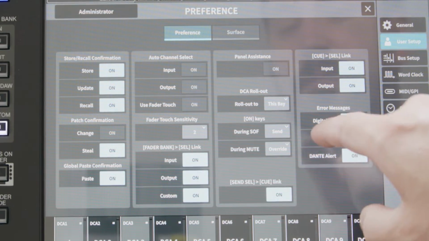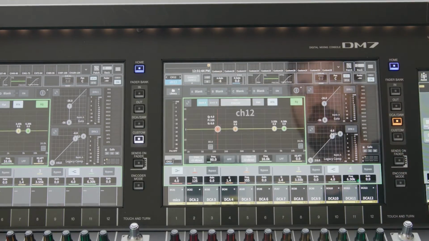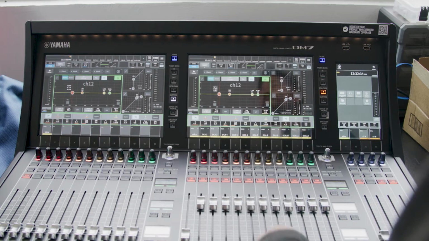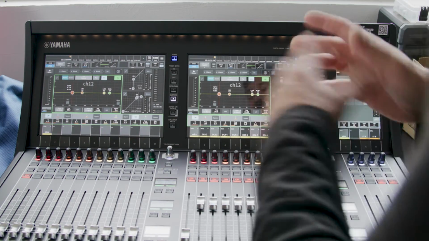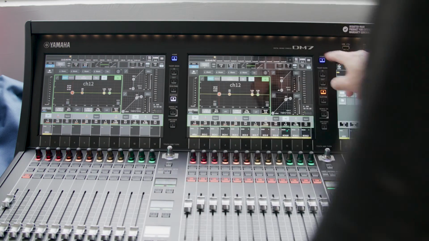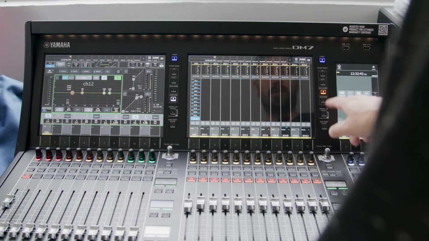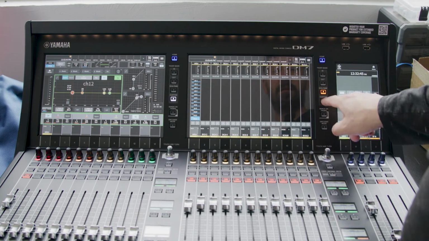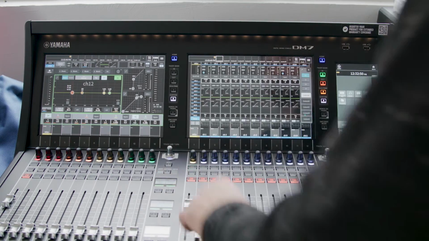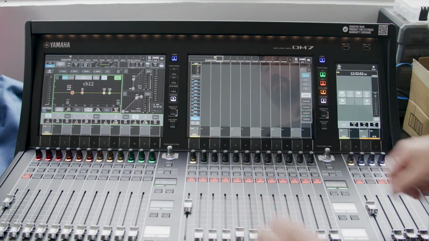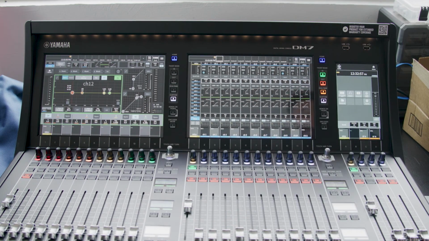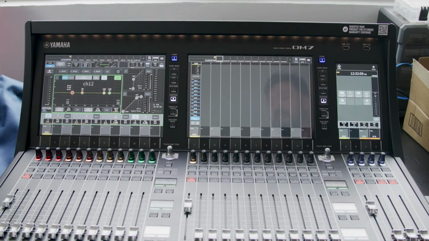You can have this bay selected, and with this bay, if I zoom out so you guys can see the faders, the DCA itself doesn't go away when you have this bay selected as the rollout feature. So if I go back to custom here, you can see the rollout pop right there. Now, when this bay is selected,